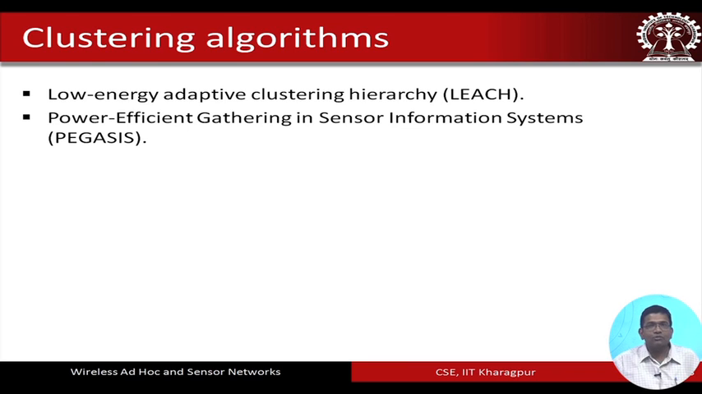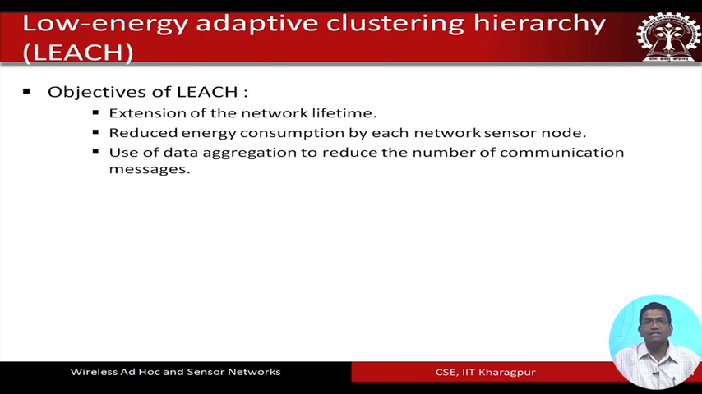One thing that has to be kept in mind is we have already seen the LEACH protocol when we were talking about topology management, and when we were talking about MAC protocols as well. LEACH is actually not a routing protocol as such. LEACH is a protocol which cuts through medium access, routing and so on, so topology management and so on. So, it is basically a multifunction protocol. The objectives of LEACH are to improve the network lifetime, to reduce energy consumption by the different nodes, and use data aggregation to reduce the number of communication